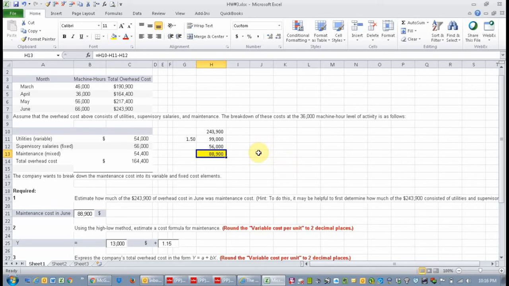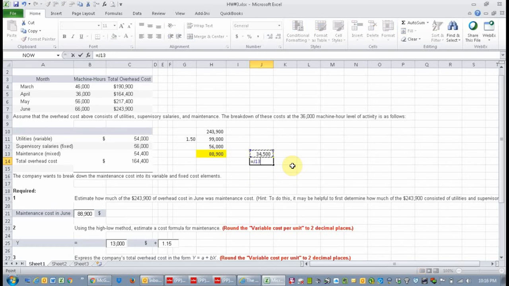So we know that our maintenance cost here is $88,900 for the highest month, which is 66,000 hours, and our maintenance cost for the lowest month, which is 36,000 hours, is $54,400. So if we subtract 54,400 from the 88,900, that gives you a difference of